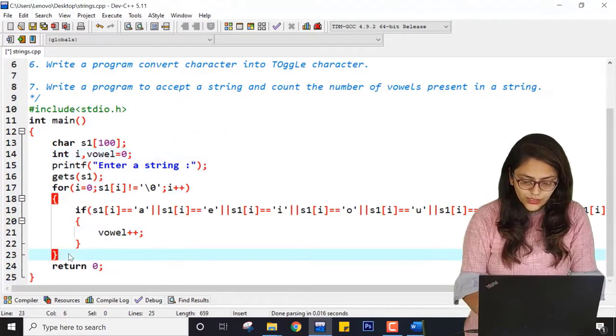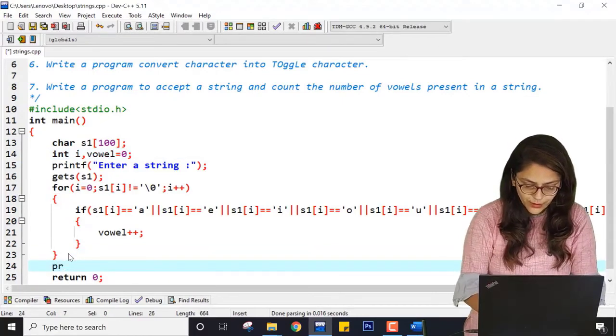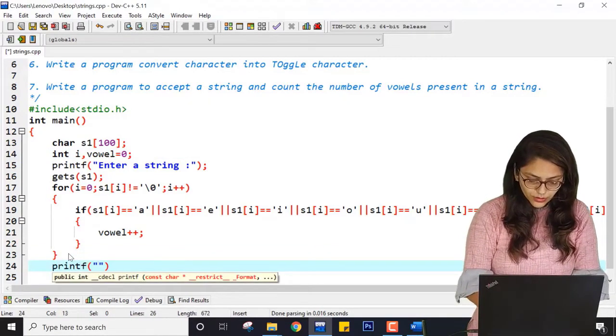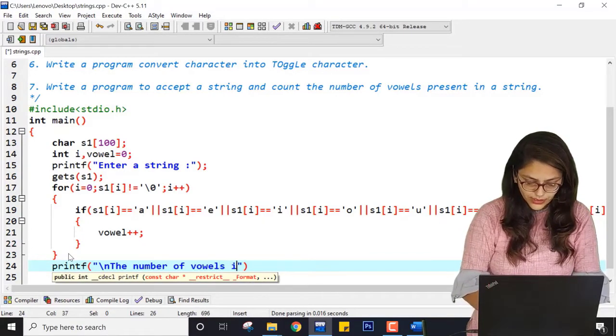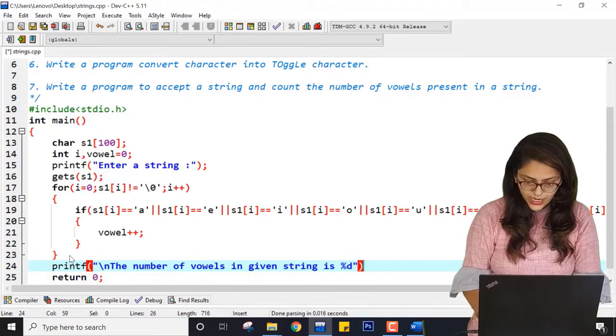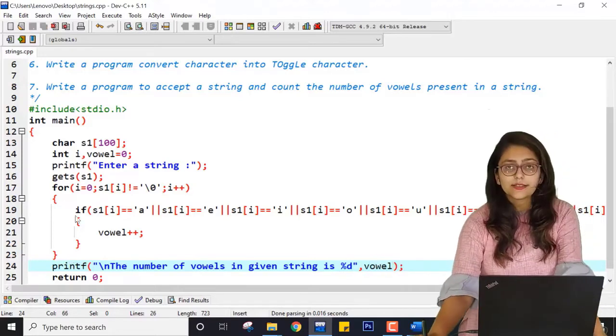After the end of this loop I am going to printf, backslash n, the number of vowels in the given string is %d, and here it will be vowel. I hope you guys are understanding the logic.